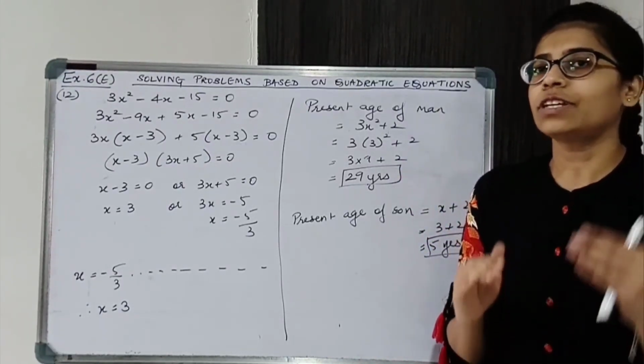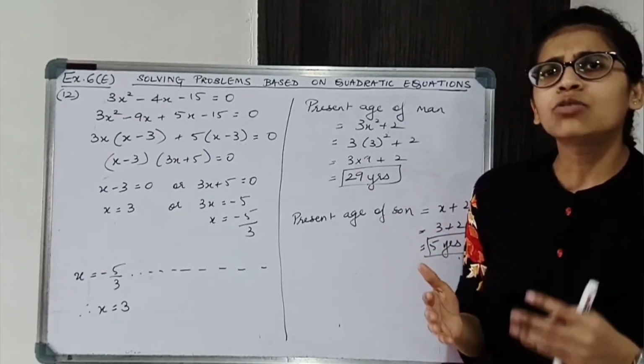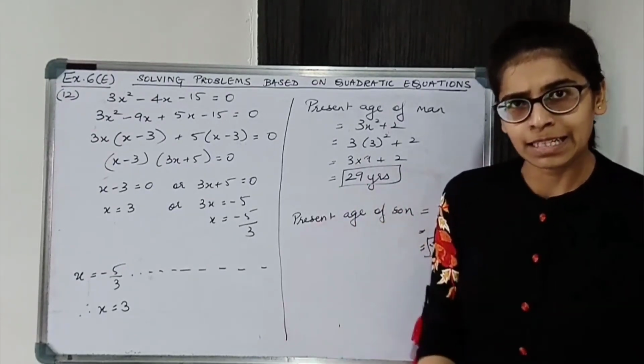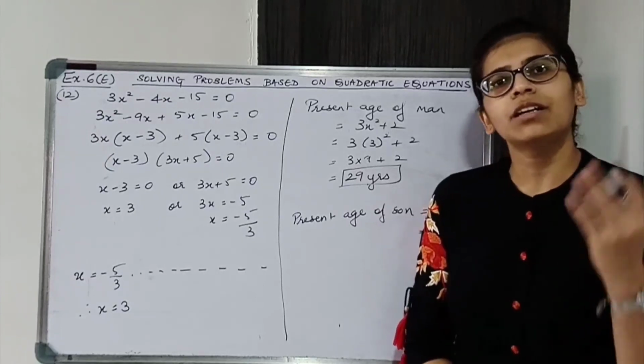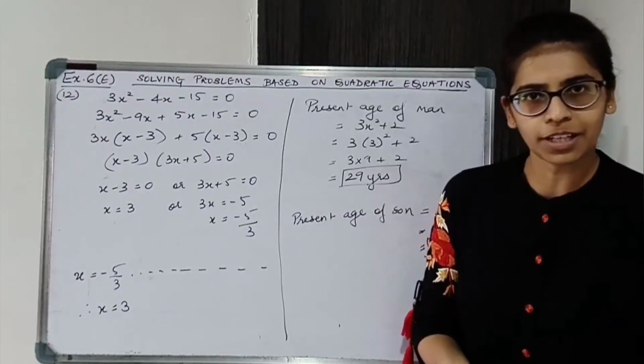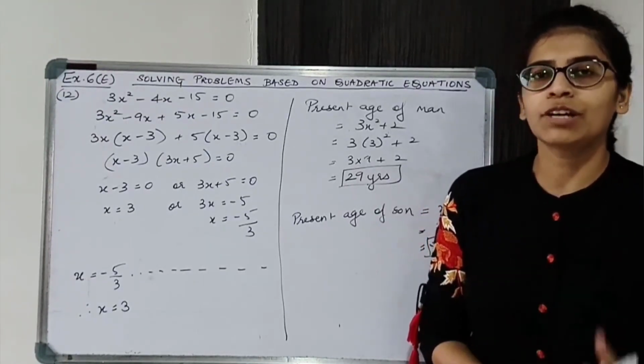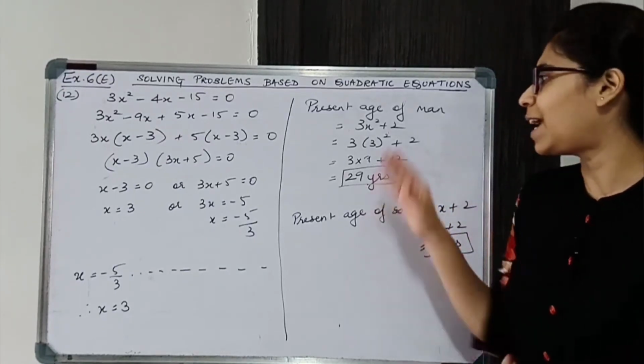All right, so you have to find the present ages. Had they told you to find future का ages, that is again easy. Okay, so 3 years later में again we know table को refer करो. All right, so table में all the information we have already found. We just need to substitute the value of x.